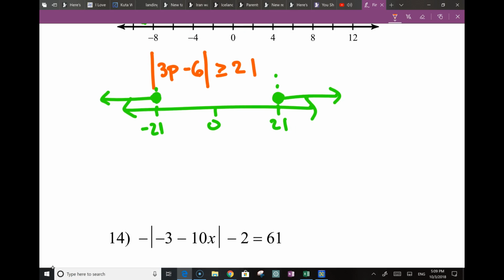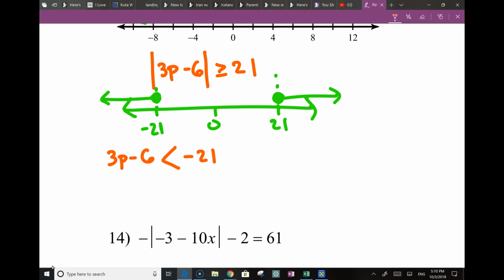One will say, you know what? 3p minus 6 will give me something that is negative 21 or farther away. Notice that this is like an arrow right here, pointing that way, just like the graph is over there. That's where it's coming from. So 3p minus 6 will give me something which is 21 steps or more away from 0. So less than negative 21. On the right side,